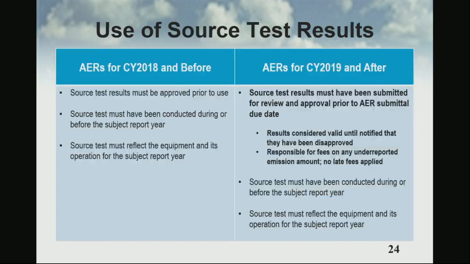I talked about the flexibility on the use of source test results. Rule 301 added some flexibility. Before this year's report, source test results had to be approved by the district prior to being used in an annual emissions report. For this year's report and going forward, facilities will be able to use results from a source test in the AER report so long as the source test has been submitted for review and approval before the AER submittal due date. So if you have more questions on that, you can ask our staff, but it is